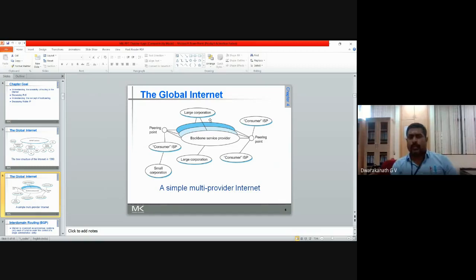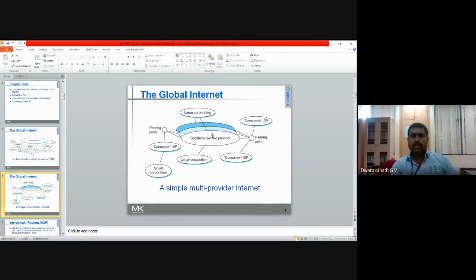Like that, different companies will be there. Now you see, all these companies are large corporations which will fall in class A, and they will give a contract to the ISP providers. Now, who is this ISP? This is important. The ISP is an Internet Service Provider, a subcontractor of the backbone service provider, and he will provide internet to the small organizations and to the end persons.